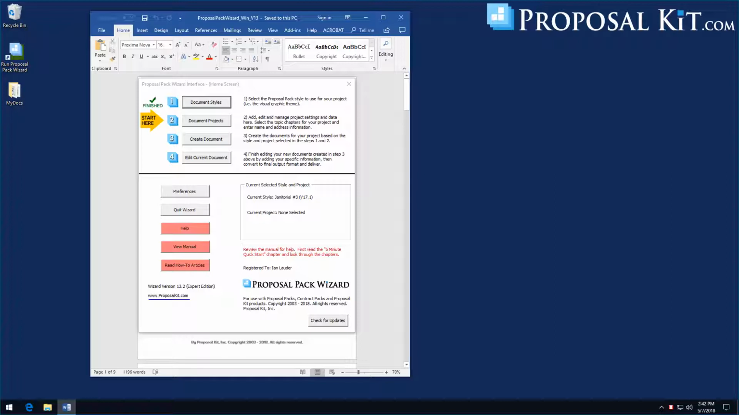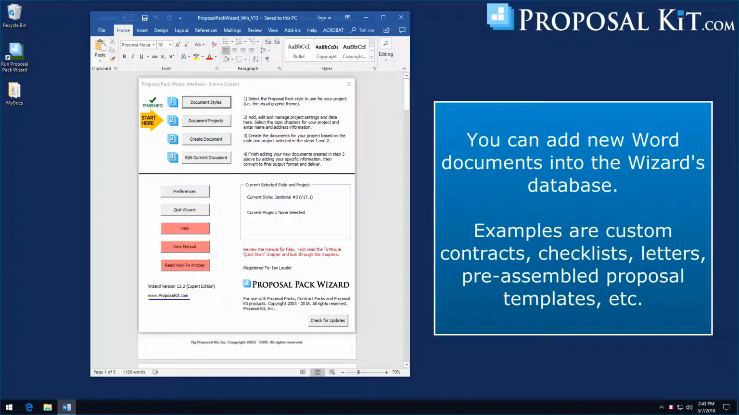In this video, we're going to show another method of creating reusable content for the wizard. In the previous video in this series, we showed you how to make copies of existing templates. That feature is good for making copies of templates for assembling into the full proposal. This particular video is going to cover adding external documents to the wizard database that can be selected